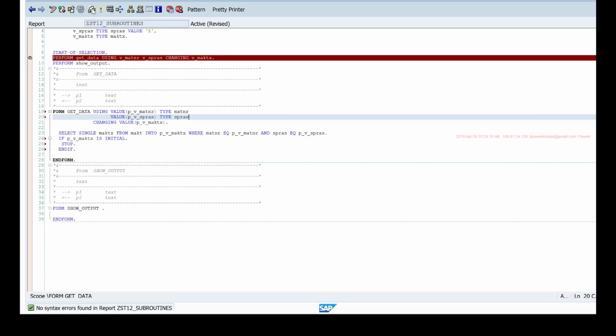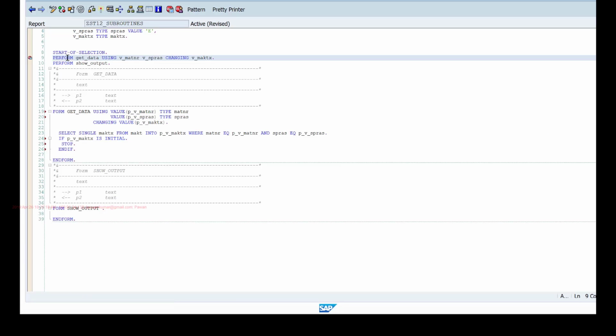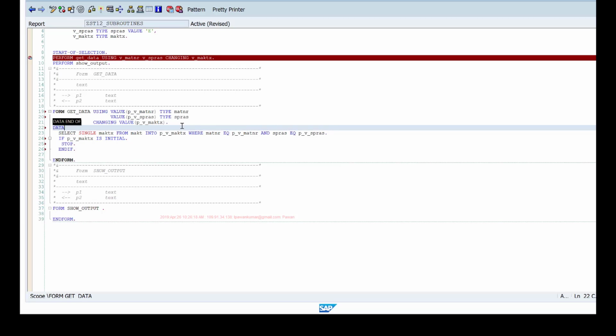Okay, so these are your subroutines. Subroutines are maintained between form and endform, and they are called using the perform statement. And when you're calling a subroutine, you can pass parameters to the subroutines, and we've seen the three different ways you can pass these parameters: pass by reference, pass by value, and pass by value and result. And in the subroutines, if you want, you can also do data declarations, which will be considered as local data objects. So if I define this LV_NAME within the subroutine, then I can access it only within that subroutine because they support local data area.